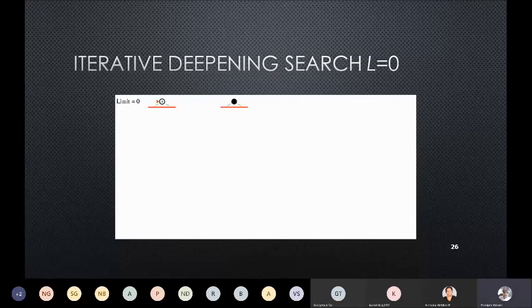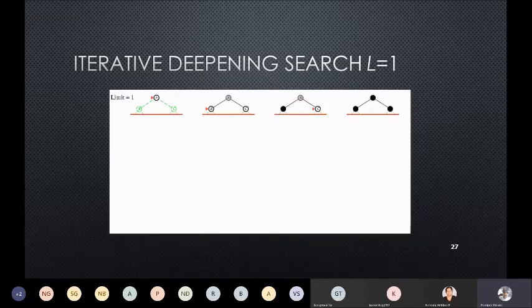So first I will limit my depth at L equal to 0. Why am I limiting my depth? So that it doesn't go into an infinite loop. Okay. So first it will be L equal to 0, and at L equal to 0 I have only the start node. It is a trivial condition for computer scientists, as when we program, my loop will start at L equal to 0. Then I will make it L equal to 1.